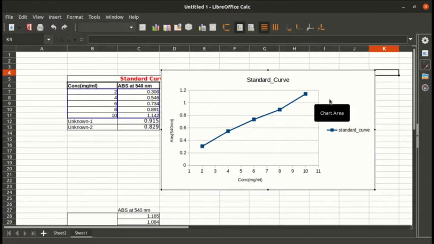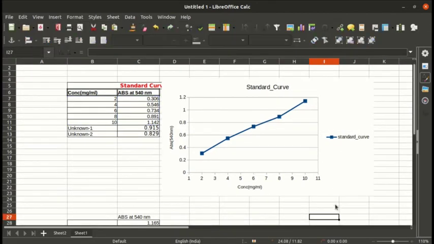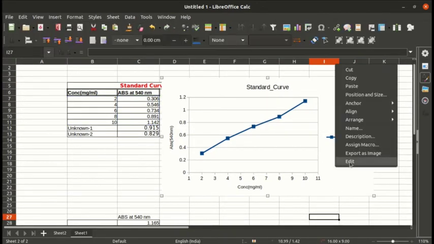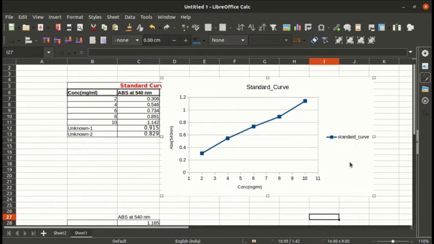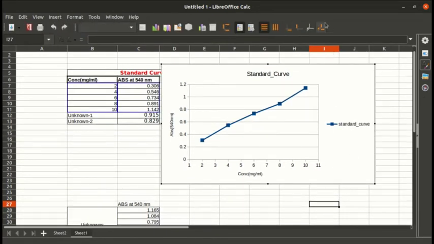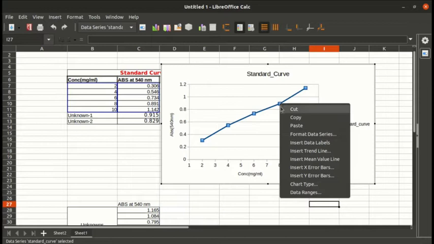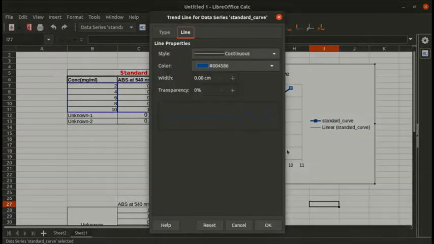You need to double click on the graph, so you'll go into the editing mode, or you can even simply right click on the graph, then click edit. You'll also see various options in the toolbar menu for editing this. Now click on the data points here, right click, then go to insert trend line.